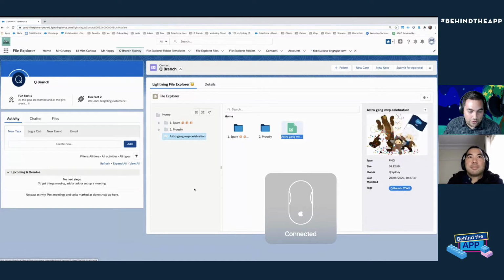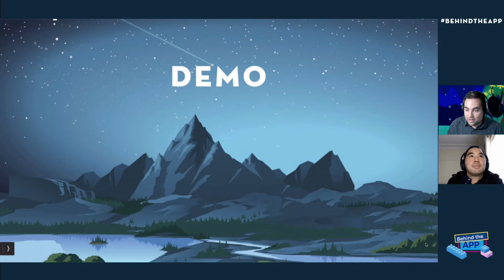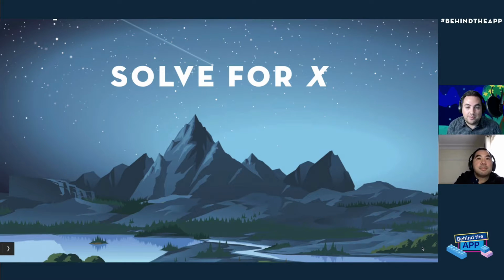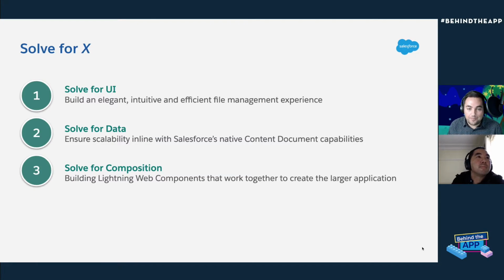Cool. Brilliant. So I think we can go ahead into our next segment and look at what actually sits behind this application and how we can start to solve for X and solve for those technical challenges. Now, the first one we're going to talk about today is solving for the UI and how the team really built this great user interface on top of files within Salesforce,